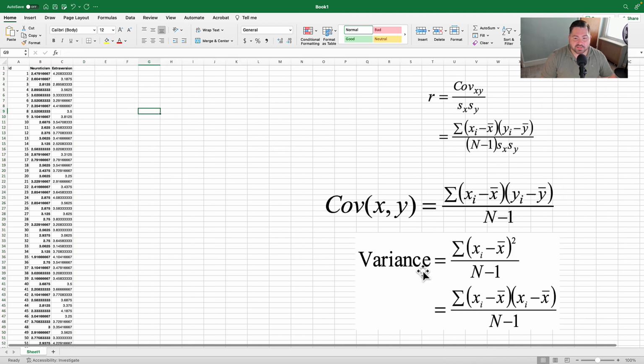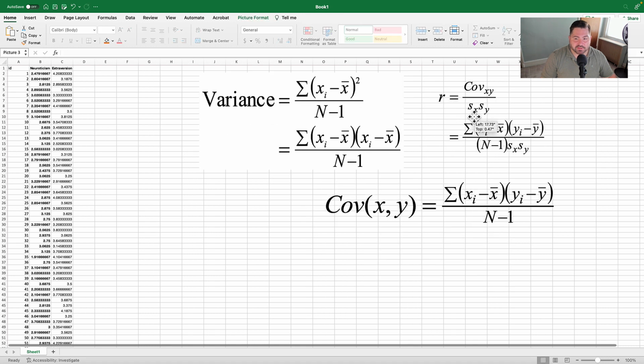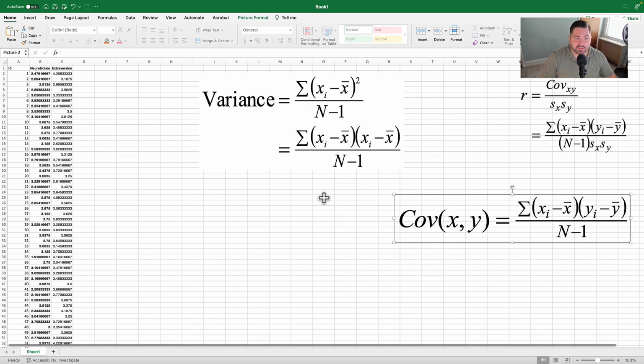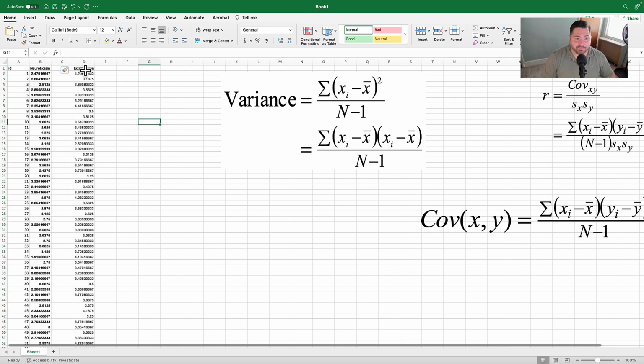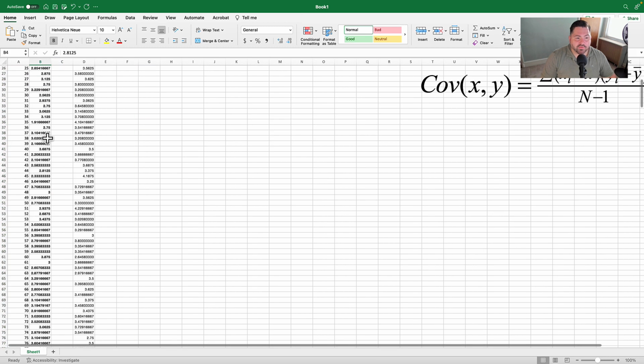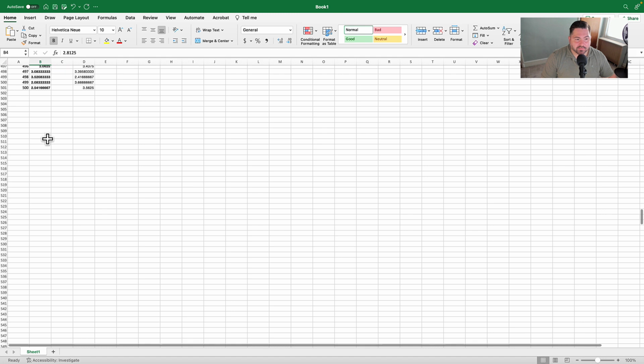Okay, the first thing that I need to do is determine the variance of each of my variables themselves. And so neuroticism is going to serve as my X, and extroversion is going to serve as my Y. And so if we come to the bottom over here,